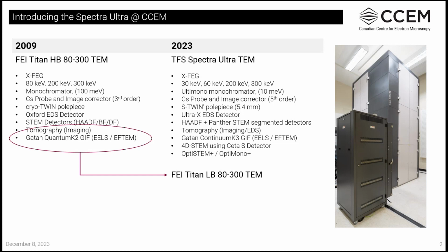Like with many instruments, each one is slightly customized. For example, the electron gun. Some can come with an XFEG, others with a cold FEG, a CFEG. The other option is, for example, the type of monochromator that you can equip your TEM with, the type of EDS detector, and also the type of EELS spectrometer that you're going to put on it, or even not put on it. So here at CCEM, this is the list of things that we have on our Spectra Ultra. And also just for reference and reminder are the things that we had in our Titan High Base,